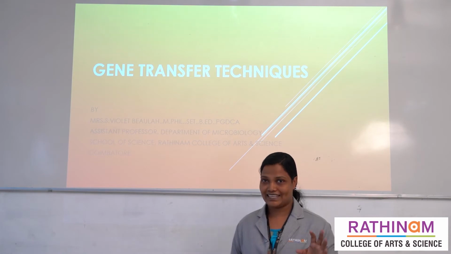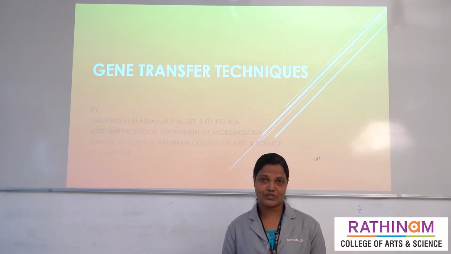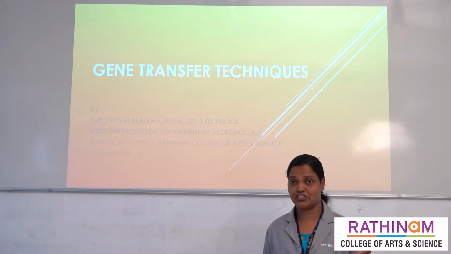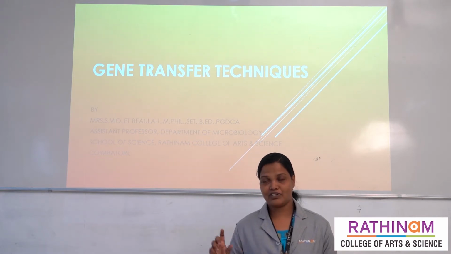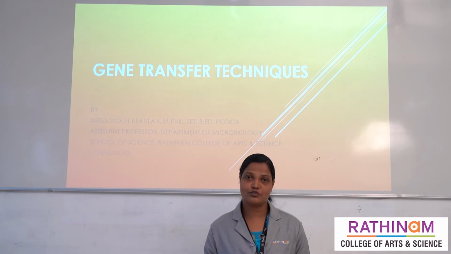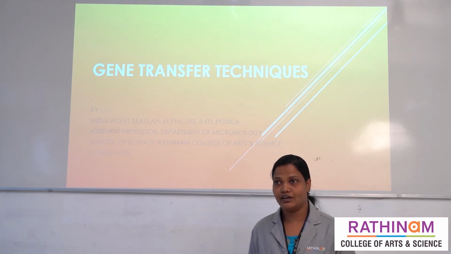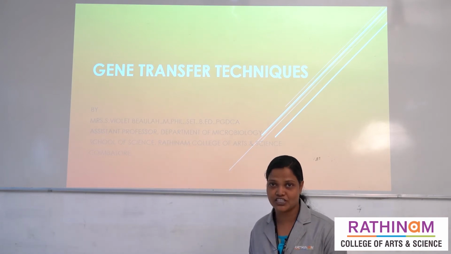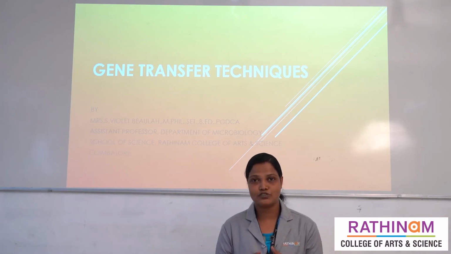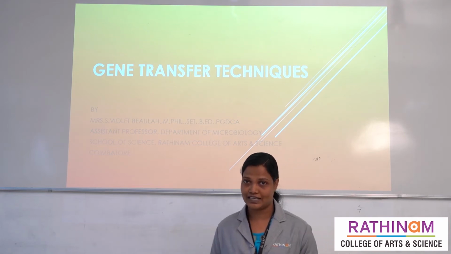For example, we have taken pBR322, a bacterial artificial plasmid. We have cut it with EcoRI. The same restriction enzyme has been used to cut the foreign gene. Our gene of interest, or foreign gene, may be an insulin gene. So, we have to clone these two DNAs using restriction enzymes.